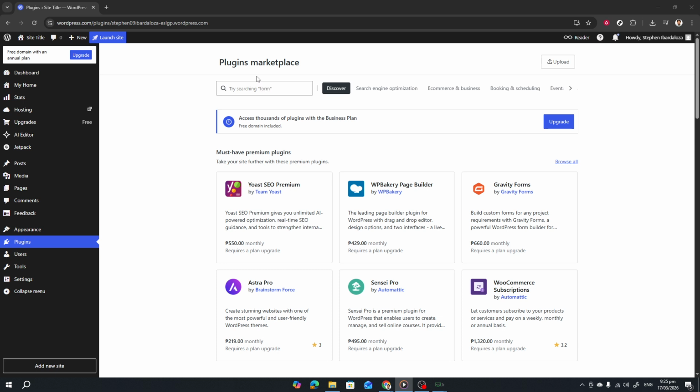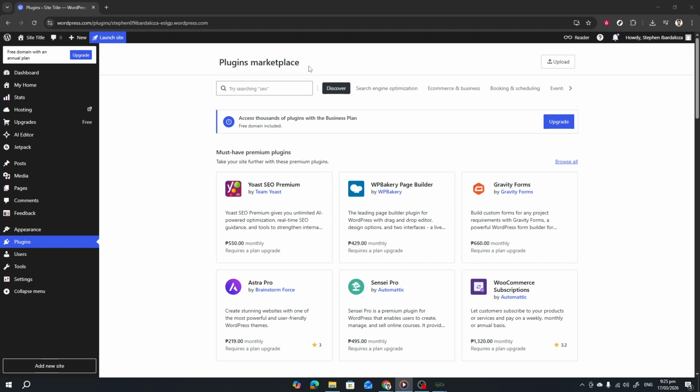If you don't see a plugins menu, it usually means your current plan doesn't support third-party plugins. That's normal on certain WordPress.com tiers. You can still continue watching to understand the process, but keep in mind you may need to upgrade your plan before you can proceed. While you're here, double-check the site name in the top bar so you're working on the